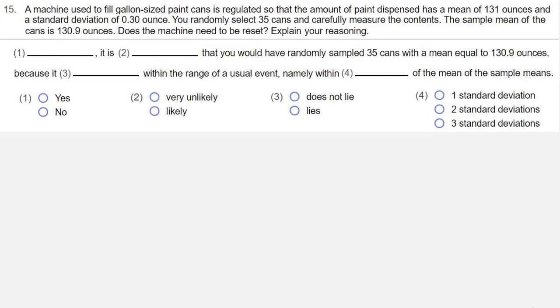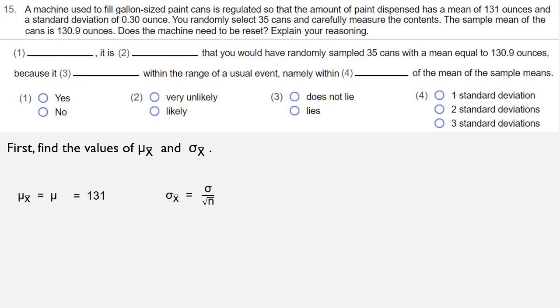Explain your reasoning. So, for us to complete this problem, we're going to need to find the values for mu of x bar and sigma of x bar. Mu of x bar is equal to mu, and mu was equal to 131. Sigma of x bar is equal to sigma divided by the square root of n, which is 0.30 divided by the square root of 35. When we find that value on our calculators, we get